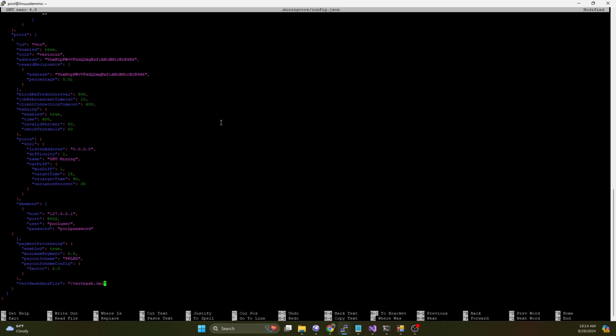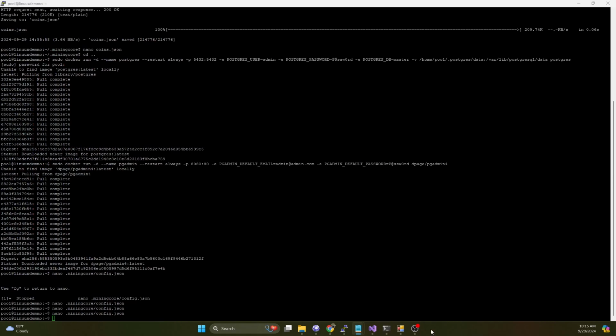And what we're going to do is when we run the Docker container for MiningCore, we're going to map our node verthash.dat file to this path. And so it'll always pull off of the node. Another thing we have to do is we have to create a wallet address for the mining rewards to hit. This has to be a new wallet on the node. So in order to do that, I like to run portainer, or you can do this through CLI. I covered how to do this as CLI in the NOP video when I talked about spinning up Peercoin. But for this video, we're actually going to use